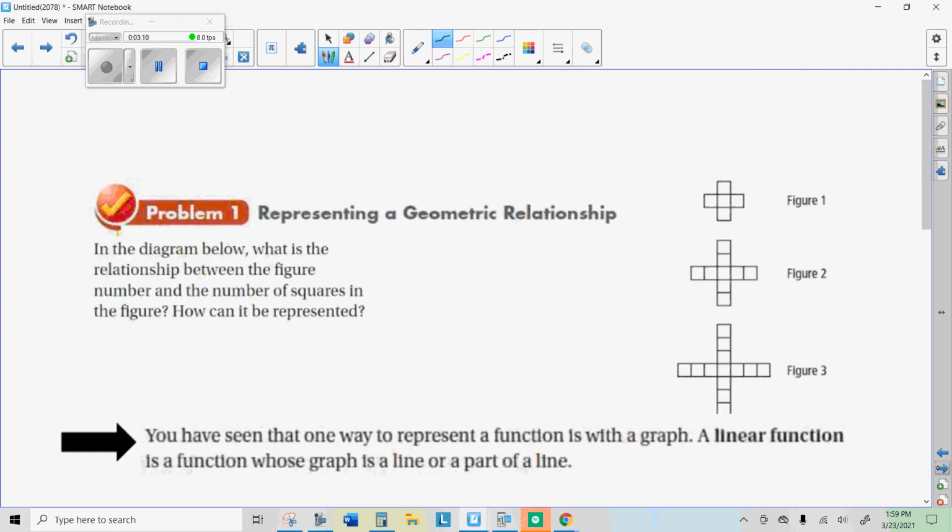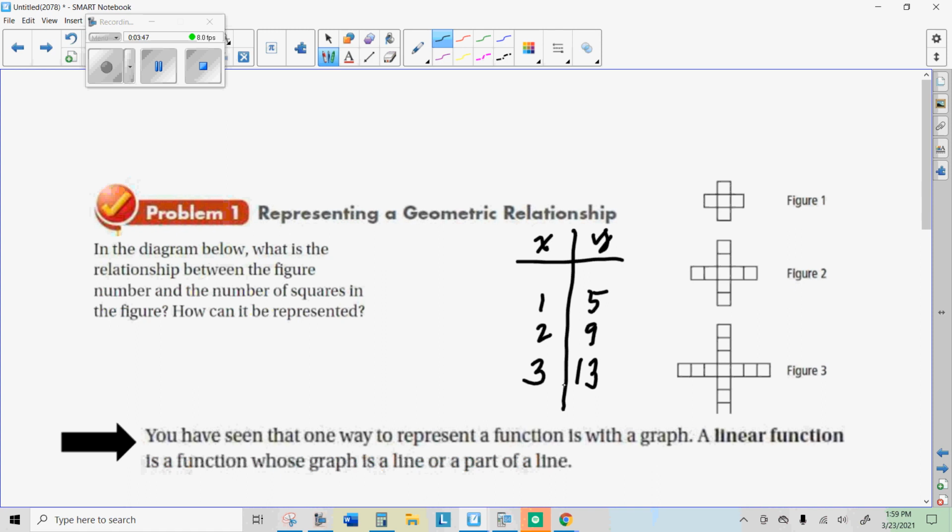We're going to start by looking at these figures, figure 1, figure 2, figure 3. Whenever you have something like this, you could also make a table with x and y values. X would be the figure number. We're going to look for a relationship and see if we can think of a nice way to represent this. One way to do that is to look at the numbers. In figure 1, we need 5 tiles to create that. In figure 2, we need 9 tiles. In figure 3, you need